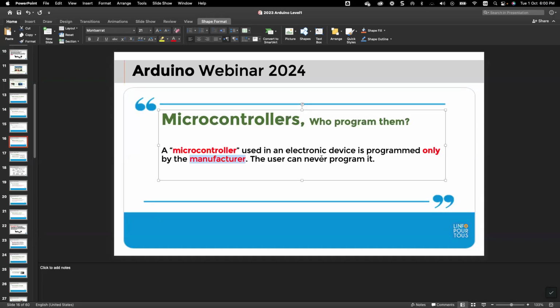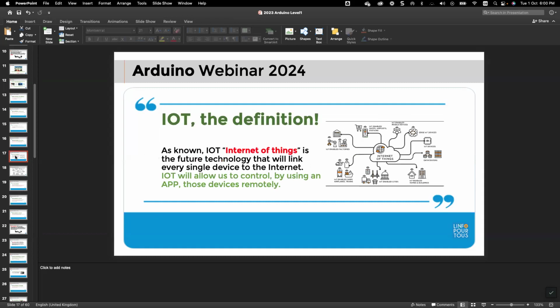We can only use what we call the pre-installed programs.